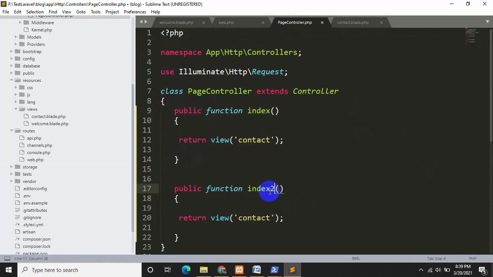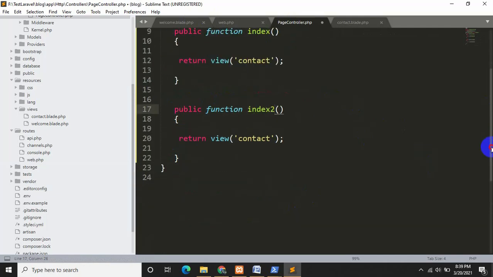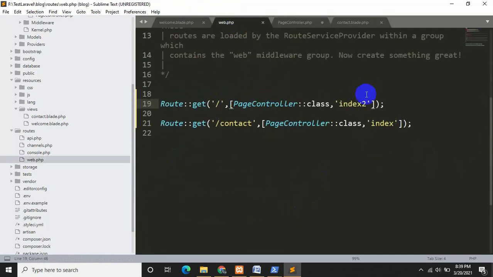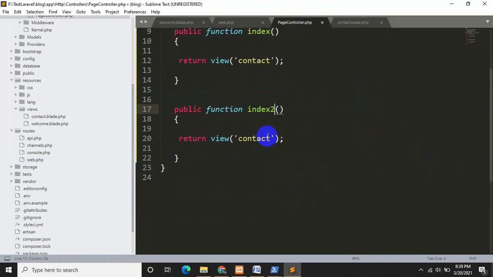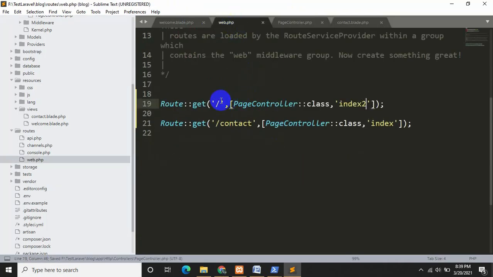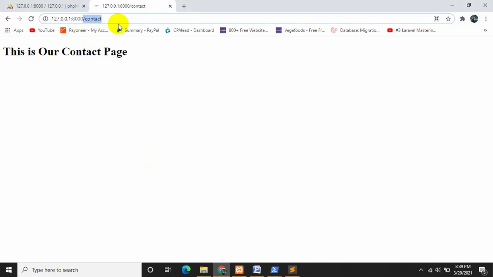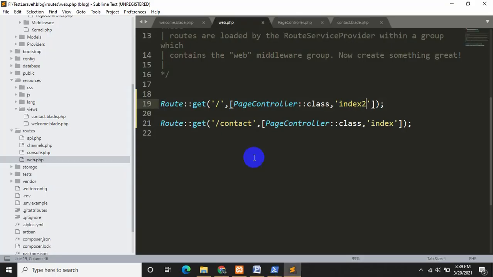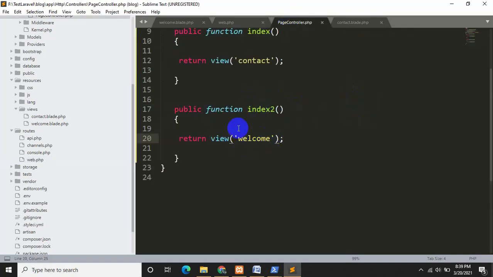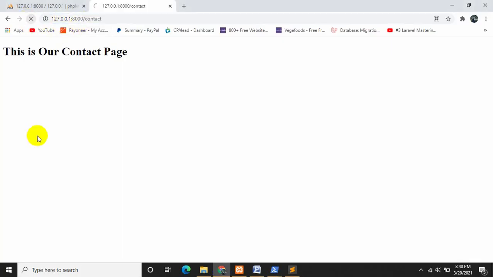We'll say over here index2, which was our function name in our web.php, and then over here we just need to say welcome, Control S. So what will happen when the user just searches for this, then it will call our page controller index2 function, and index2 function will return welcome.blade.php. Okay, so let's refresh this one.